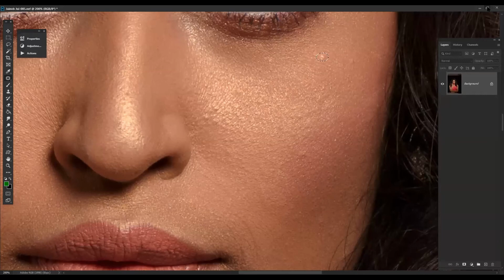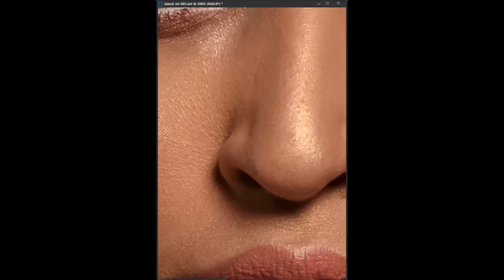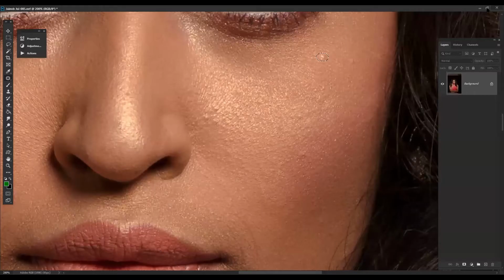Now, what does content aware do? In the patch tool, if we go to content aware, there are two options, structure and color.